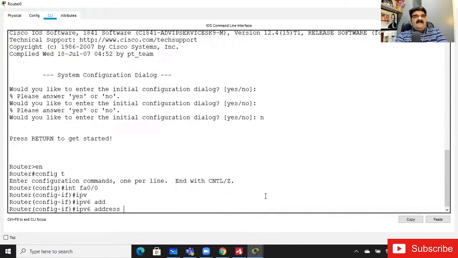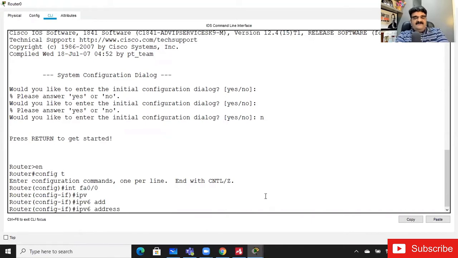May I know the packet tracer version? Yeah, actually I'm using the latest packet tracer version. Go to the Cisco Netacad website and you can download it. Okay. Good evening, Mark. Sorry, it is okay. No need to say sorry. Yeah, Utpal, I'm using the latest version, and if you want to check it, I will check it. Wait a minute. Give me 10 minutes. We will check the latest version.